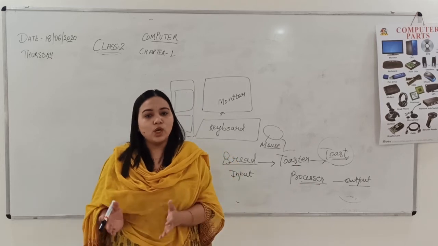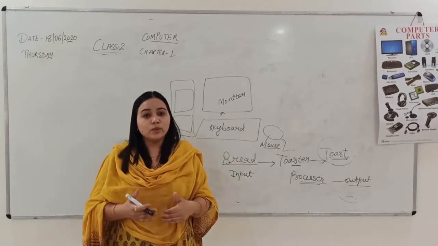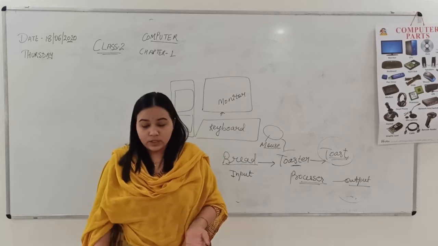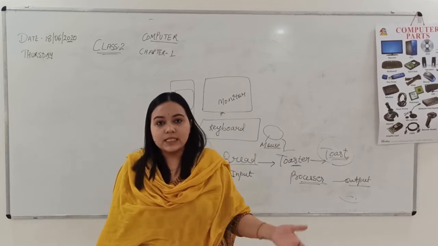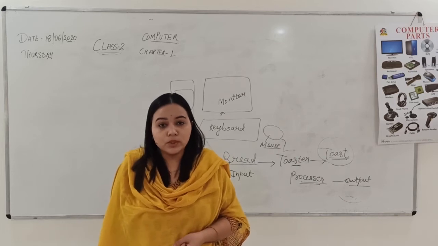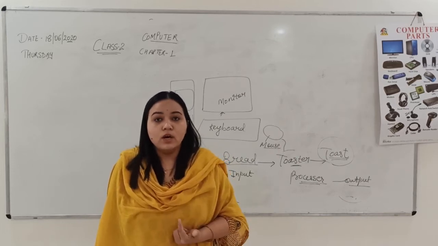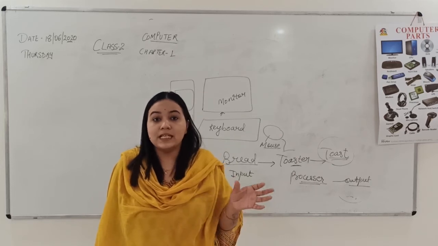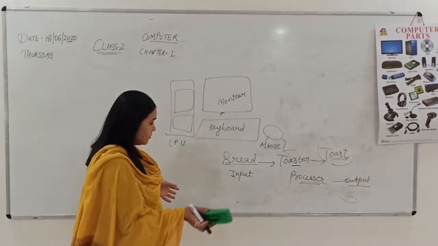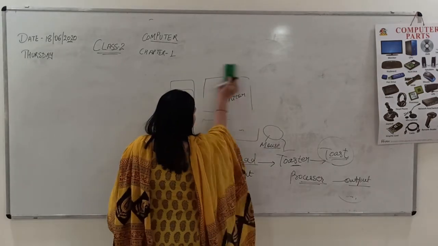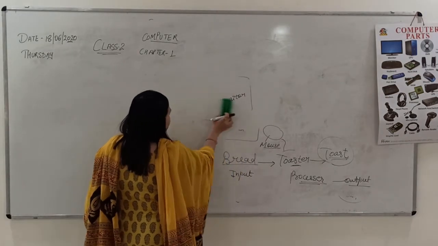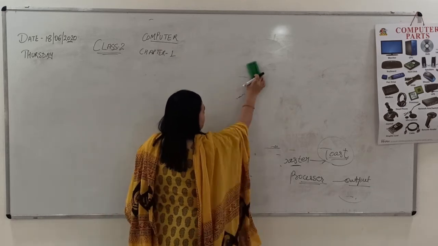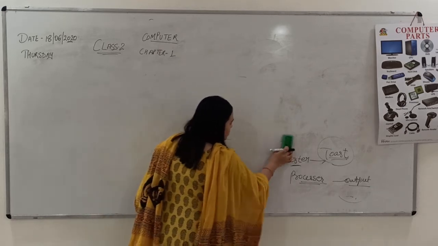Now we are switching on to something else. Now we are going to know how many types of computers there are. So there are a lot of varieties in which you might have seen computers around you. For example, you are quite familiar with laptops and desktop computers. I will write it down here on the board for your convenience so that you easily see what I am talking about.